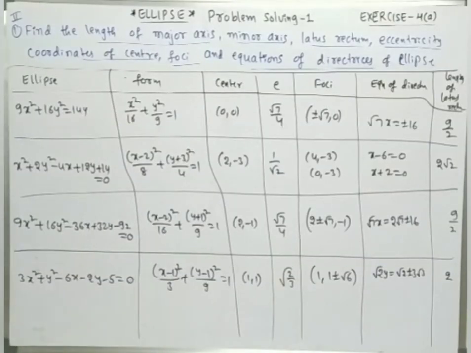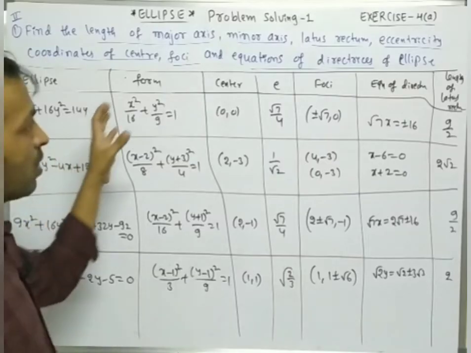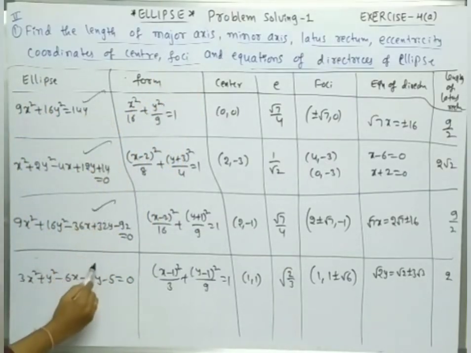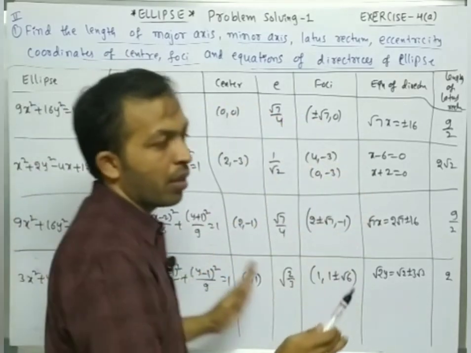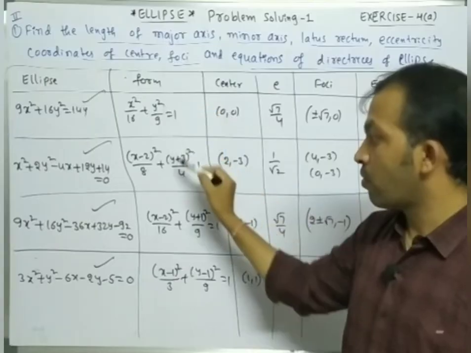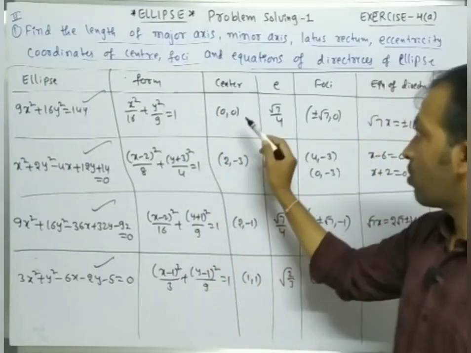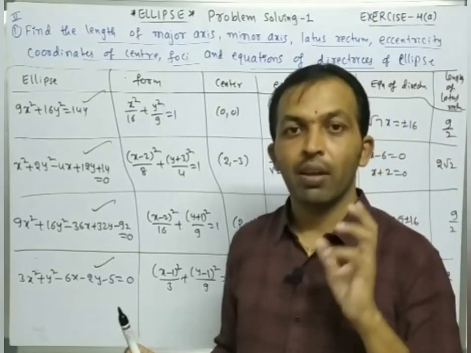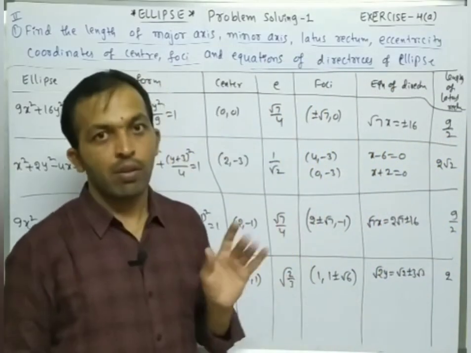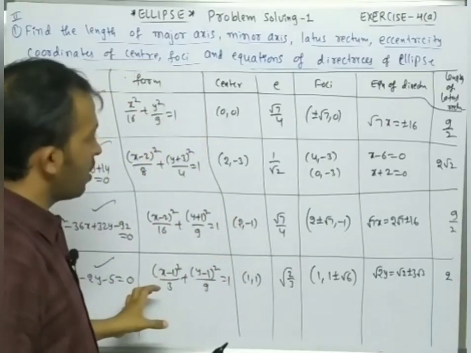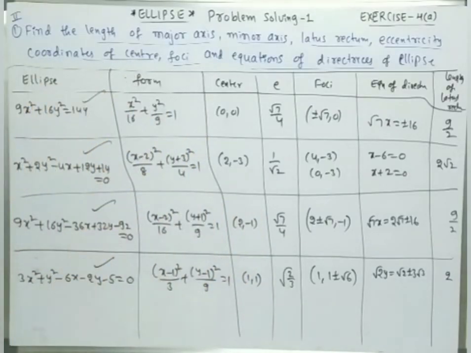Here are some more problems on the same model. These are the questions, these are the answers. So write the questions and convert into standard form. You have to get these standard forms. Estimate all these things and check your answers. Okay, you should get these answers. So converting is very important, and remembering the formulas is also very important.